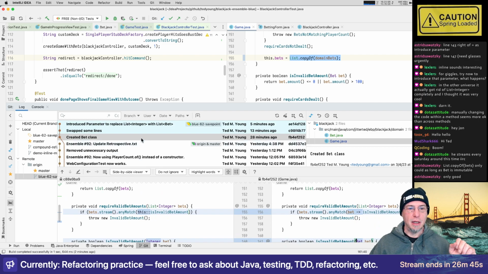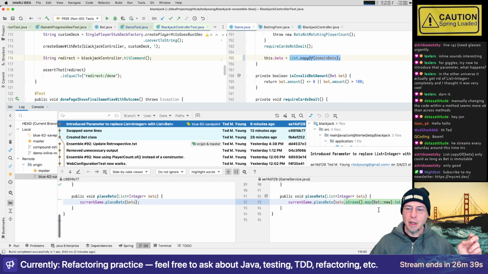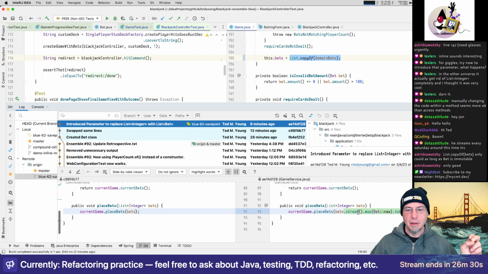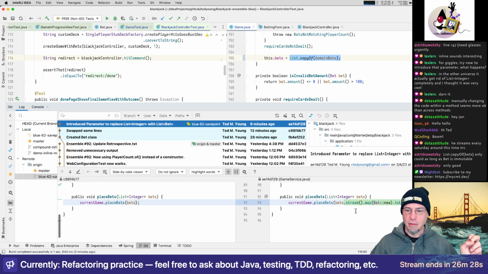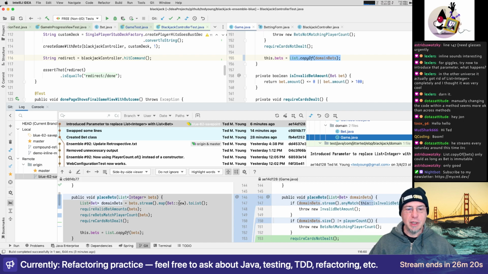Then we did the introduce parameter. Why does that look weird? Oh, because that's game service. This is what we're interested in. Yeah, so then we basically